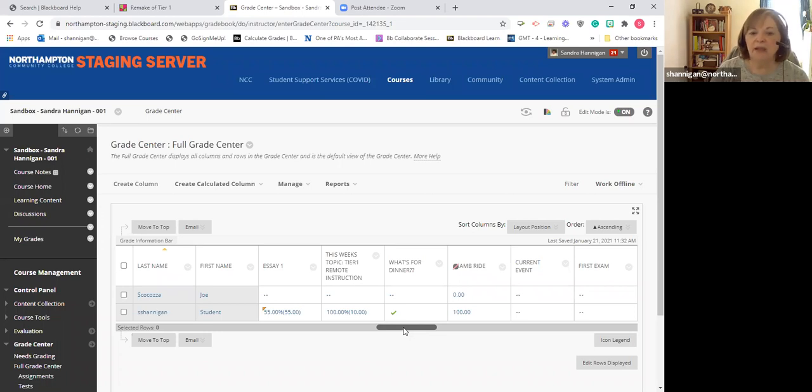Not everything that you have in your learning content would you need a column for. You may want to create a column, and I'm going to do that right now to show you how to do that. So if it isn't a test with grades, which will automatically get added to the Grade Center,